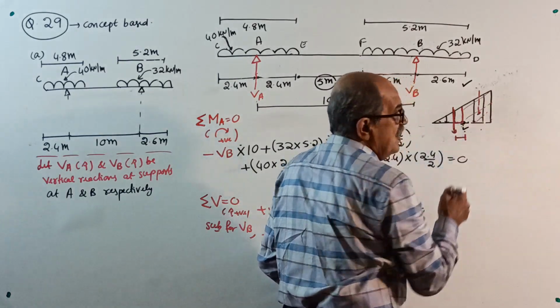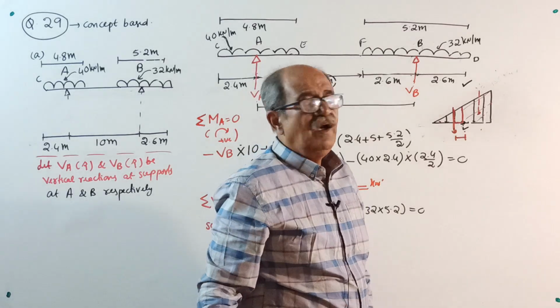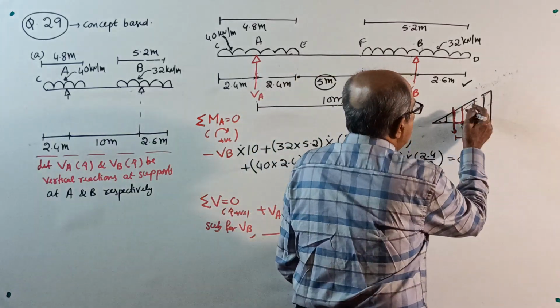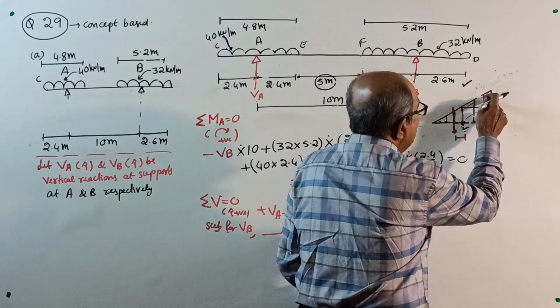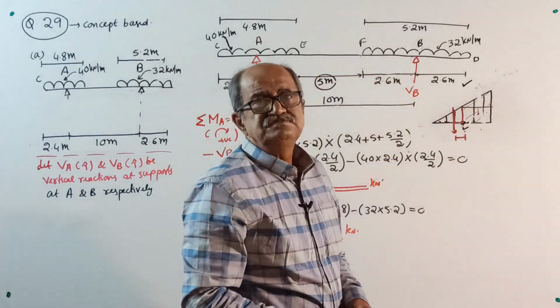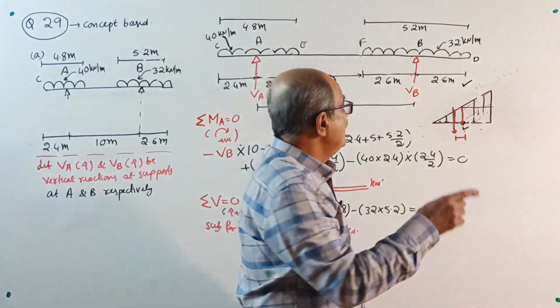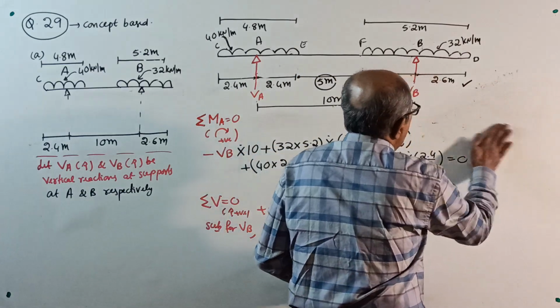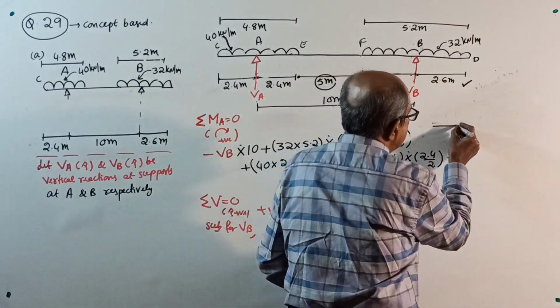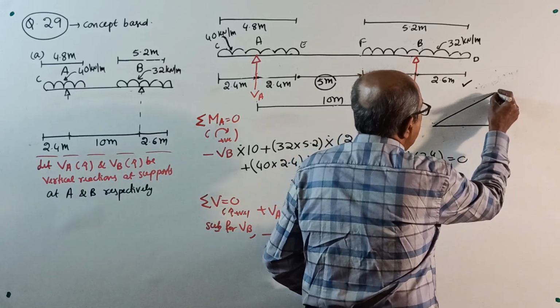From here to here you require a distance formula, or you have to divide into a rectangle and triangle and then do it. Then a lot of time is wasted. See, in such cases, if the varying load is this way,